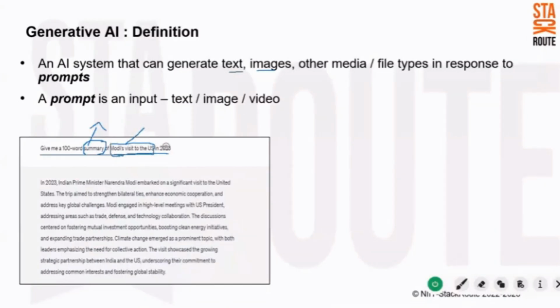Then what is the condition? The condition is it should not be more than 100 words. OK, so this whole thing is the context. So I have a context, I have what I want as an output, and then I have a condition. So based on these three,